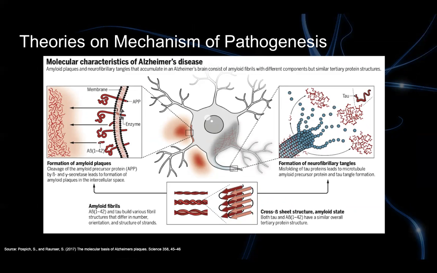Tau is a microtubule-associated protein found in neuronal axons in the brain. Its normal physiological function is to maintain microtubule structure and function. Normally, tau is not highly phosphorylated, but under pathological conditions, it becomes hyperphosphorylated. Hyperphosphorylation causes configuration change and results in defective microtubules and elevated cytosolic levels of tau. As these defective microtubules and tau accumulate, they start to form neurofibrillary tangles. This is depicted here on the right side of the image.